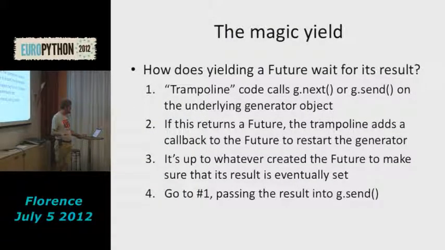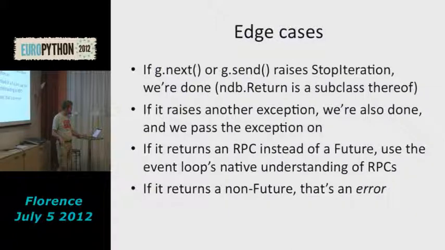So I think I already mentioned most of what yield does. Go read the source code of NDB to find out what really happens. It's kind of clever. You have to have a bunch of state. You call this send method on a generator, except the first time around you can't call send, you have to call next. So there's little cleverness there. And the rest I think I already explained, sort of. So there's a bunch of edge cases.